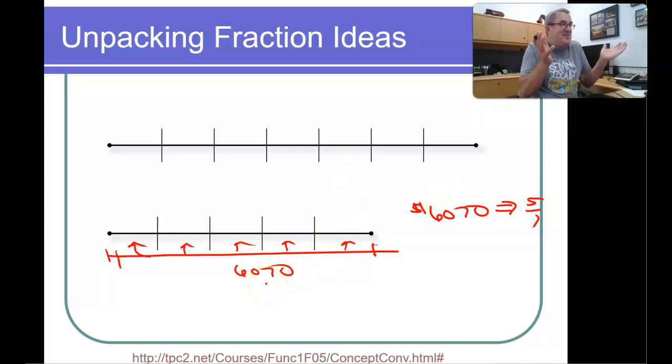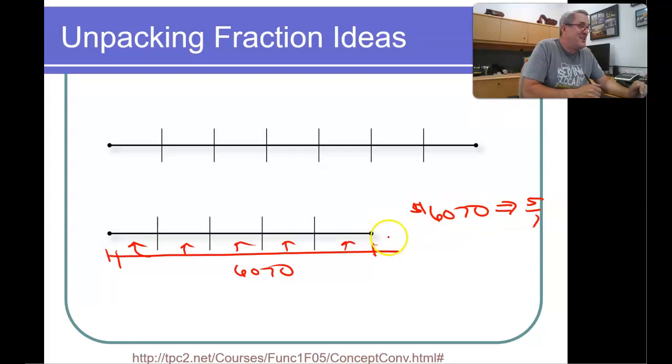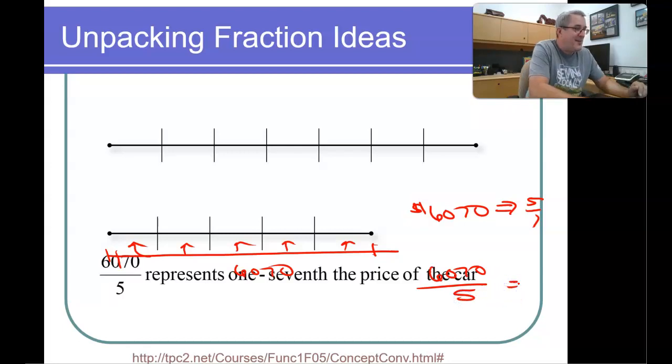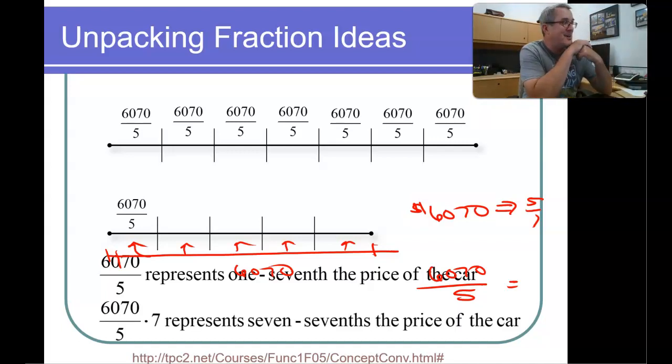Well, we're dividing. Do you see the division happening here? We're taking 6,070 and equally dispersing it, putting it into groups, and we're going to see how much is in each group. So 6,070 divided by 5 is how much is going to go in each group. Yeah, there we go. 6,070 represents 5/7 of the price of the car. So there's 1/7, 1/7, 1/7, 1/7, 1/7, there's 5/7, and then 6/7, 7/7. And so if I took the 6,070 divided by 5 and copied that 7 times, I would have the price